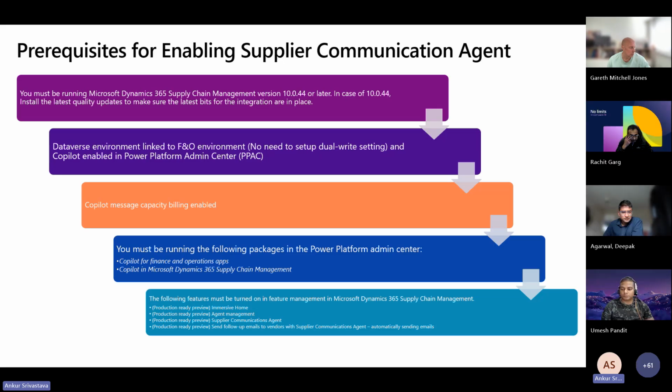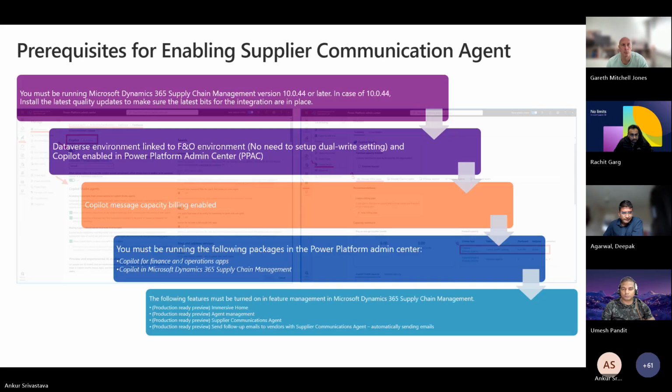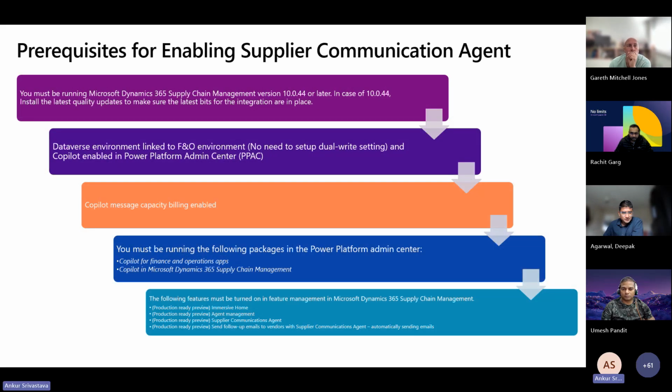The following features must be turned on in feature management: immersive home, agent management, and supplier communication agent, and send follow-up emails to vendors with supplier communication agent. Let's go to the next slide.